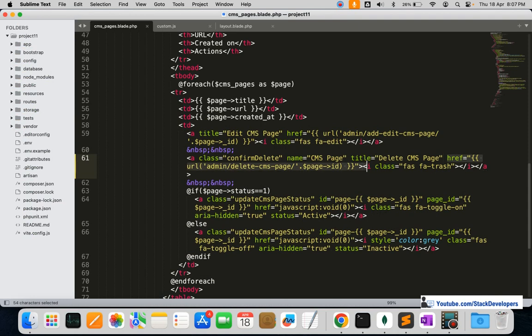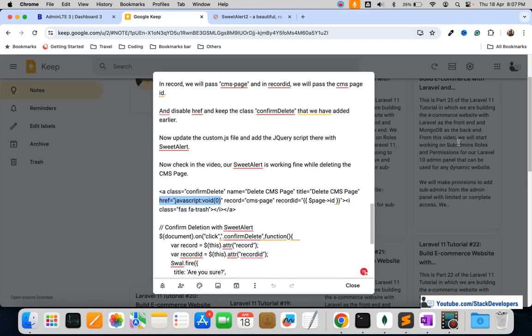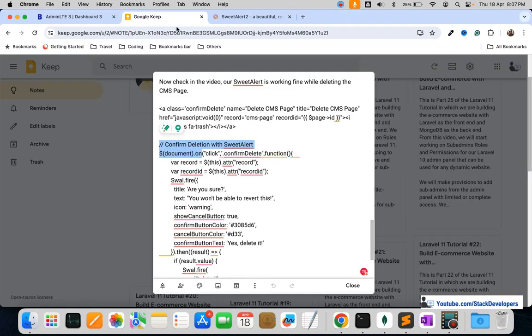Okay, here it is. So see, this one is not required anymore. I'm going to remove this href and place this one. But for href I will add JavaScript void here, so that it will not go anywhere, it will just run from the jQuery function. Okay, so after this, now I am going to